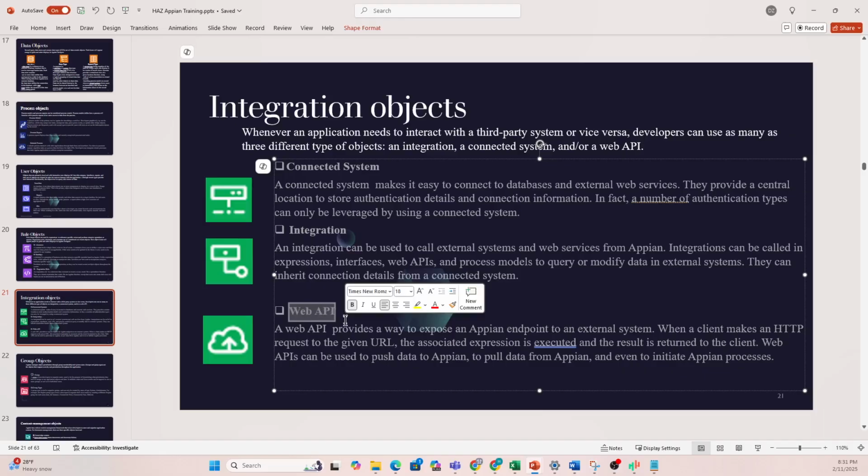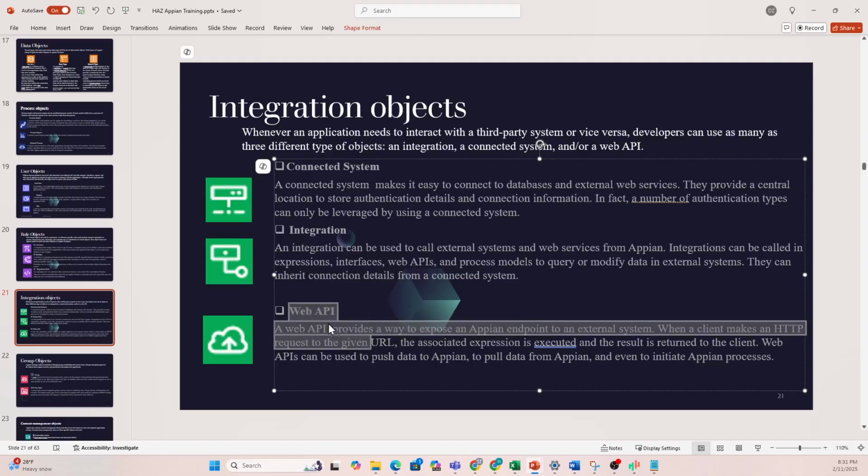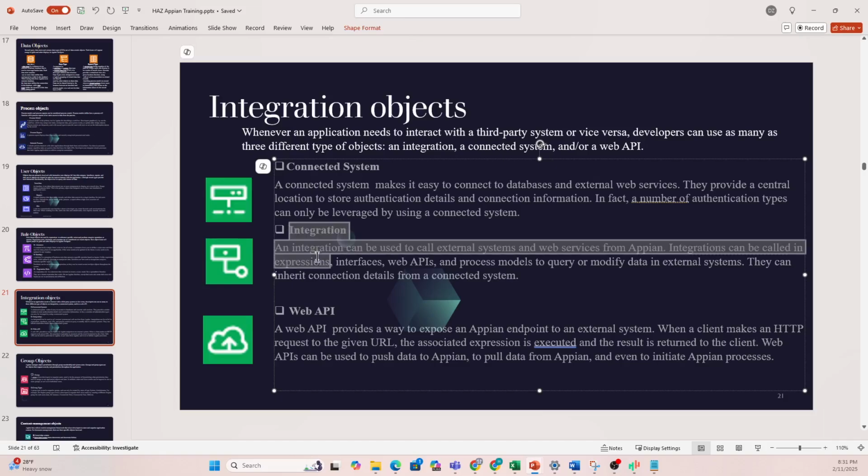It's a modern way of communicating between different applications, right? Sometimes we use connected system. Most of the time we use web API to connect with the external system. Also, we can sometimes use integration based on the requirement, right? So based on the supported